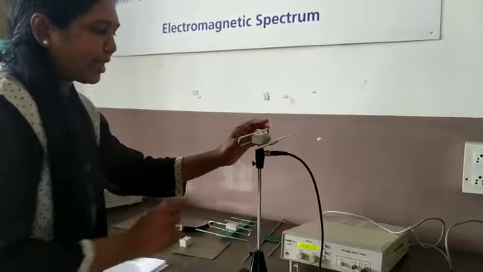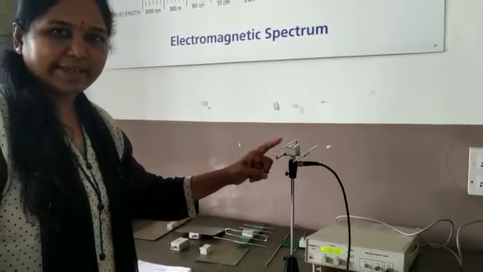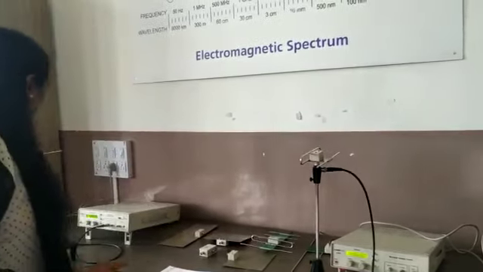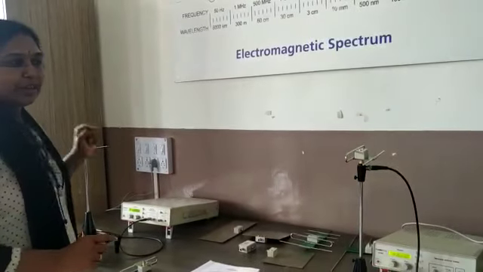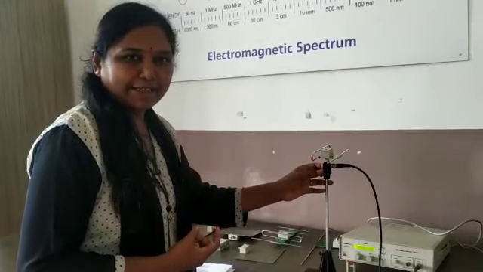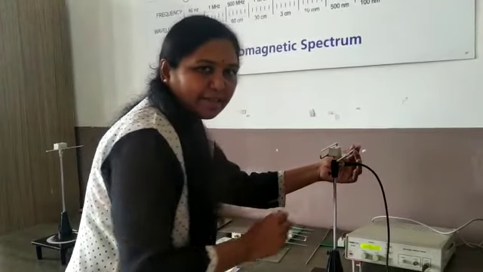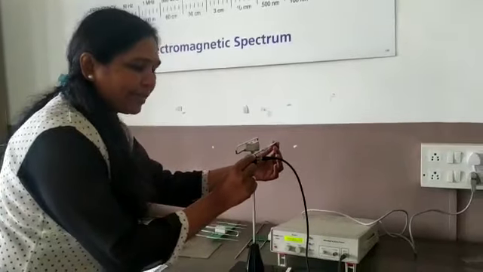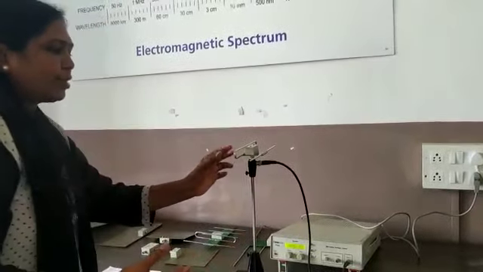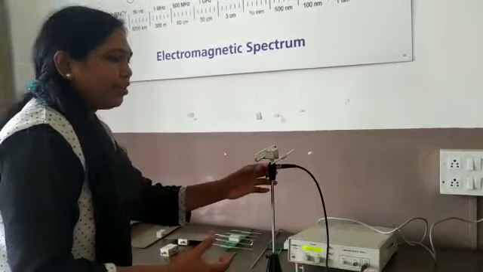In this receiving antenna you can see this is a folded dipole, because the main advantage of the folded dipole is radiation resistance of this folded dipole is 4 times greater than the radiation resistance of the simple dipole. Therefore, this receiving antenna can receive the maximum electromagnetic energy transmitted by the transmitting antenna. Here you can observe one reflector is also used. The purpose of this reflector is to reduce the losses in this direction and to increase the maximum gain of the antenna to receive the electromagnetic signal.